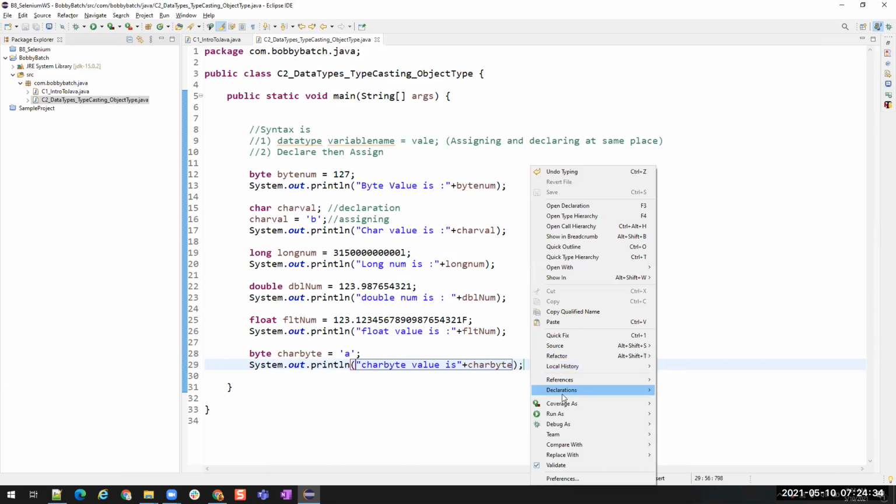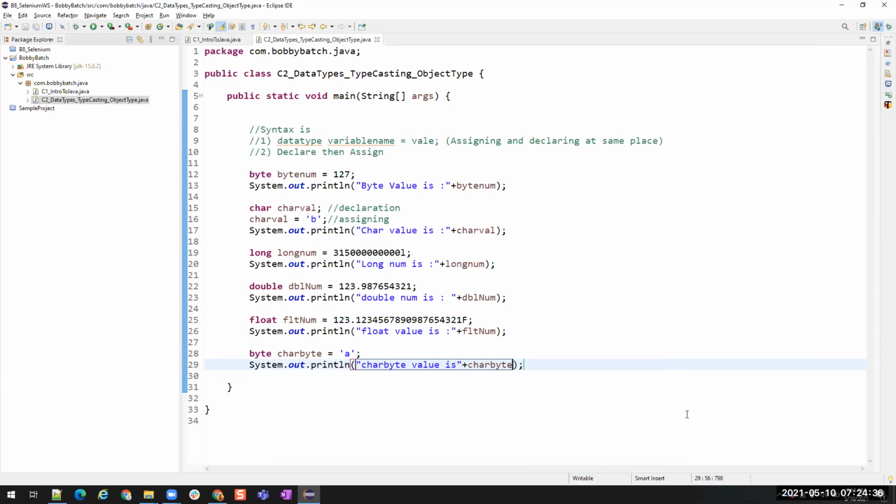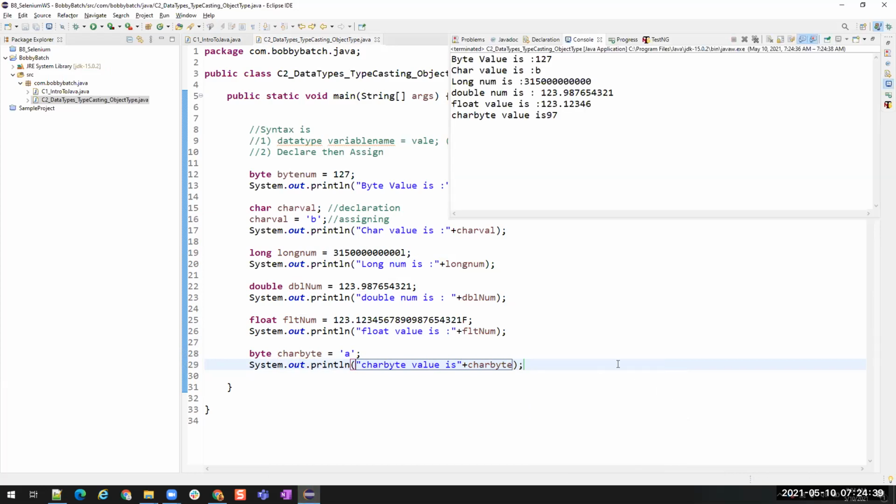Let us run this. Am I the only one not hearing Nikhil's voice for some time? Yeah, Nikhil, I think you have some problem with the volume. I can hear now, but you keep losing in the middle. I can hear you and then again I can't. All of you are facing the same problem.